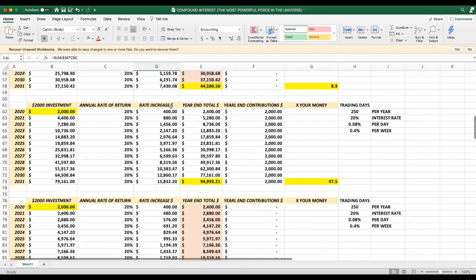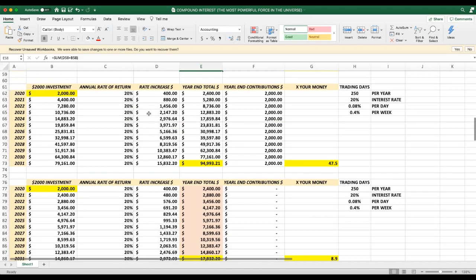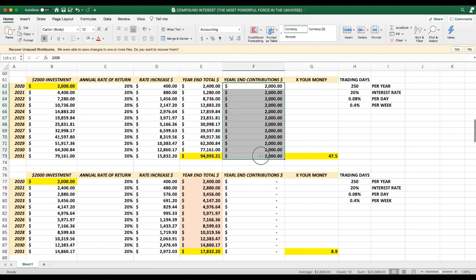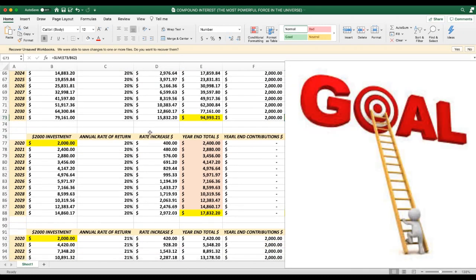So now, let me go down a little bit further. You can see the difference with that, the 44,000. That's a much smaller amount if you're not adding. Now with a 2,000 investment, if you add 2,000 every year, you know what? I can add 2,000 every year. I'm just going to put my tax return in. I get 2,000 back every year, and I'm just going to put that tax return in this investment account every year. You'll have 94,000 in there at 20%. That's huge. That's 47x. That's massive.